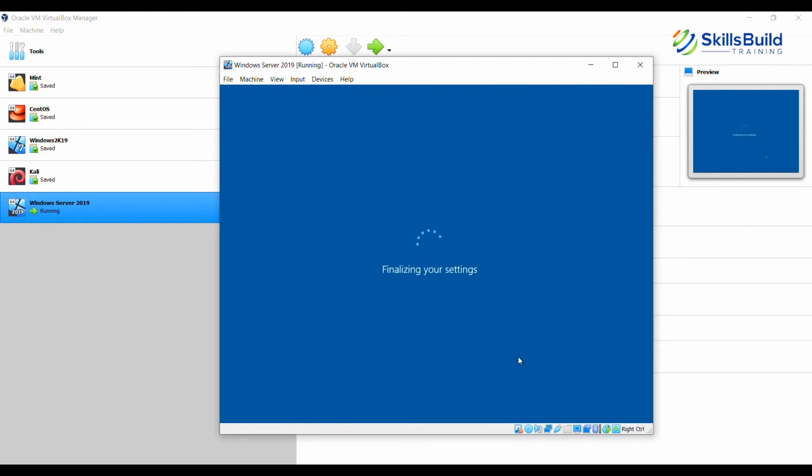There you go. So by default, Windows Server has the password policy implemented, which is the complex password policy. So it will not allow you to use a simple password. I just wanted to demonstrate this, that if you try to use a simple password, Windows Server will not allow you to do that. And this concept or this policy is also now applicable in the other variants of Windows Server 2019, and it also applies in the Windows desktop environment as well. So for example, Windows 10, you cannot simply keep a simple password.